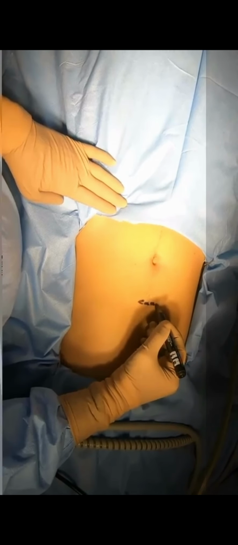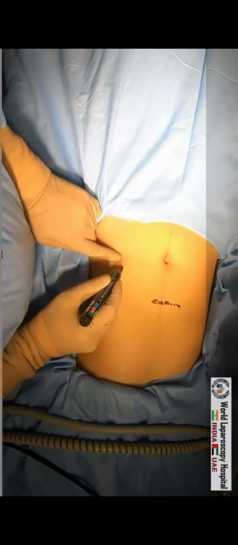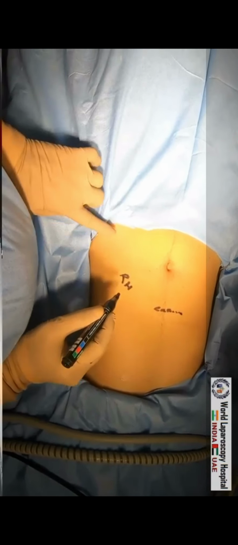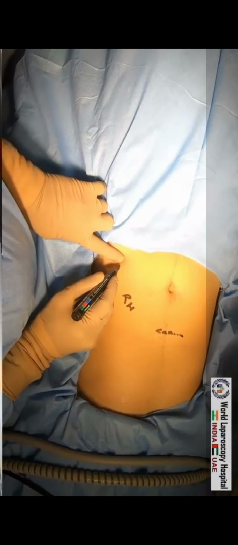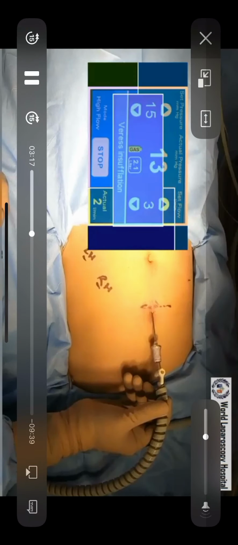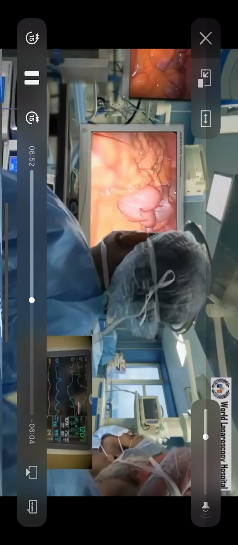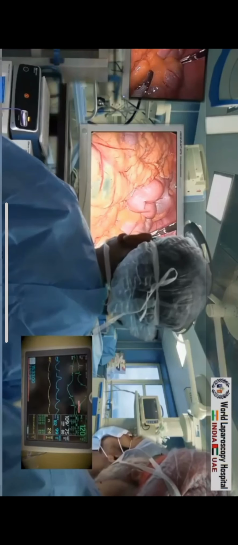So this is the camera. We are planning to put the camera on the suprapubic area, because most of the videos may have blood inside, and in those situations it may be necessary to do the procedure through the telescope. This is your right hand port and this is your left hand port. As I told you, you can reverse, you can go forward, you can skip. You can make the variation of the speed higher, even you can do screen mirroring of those videos on your television also through the mobile app.